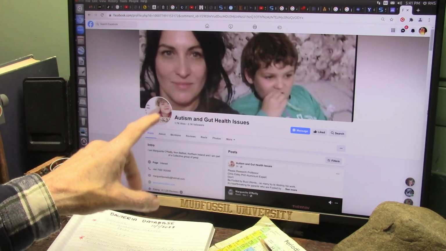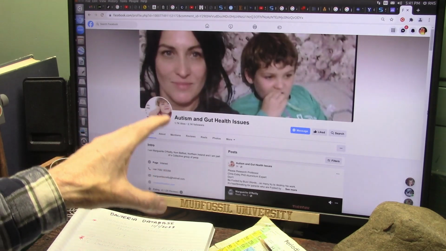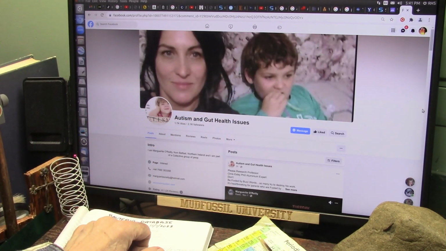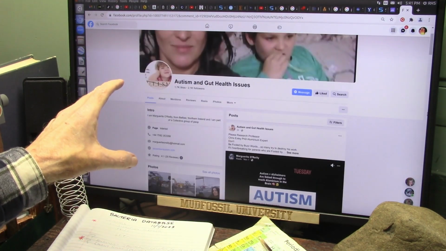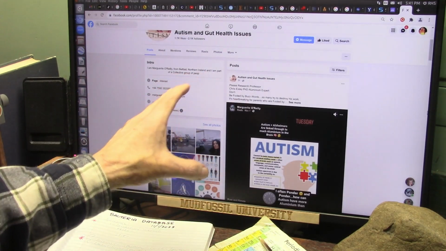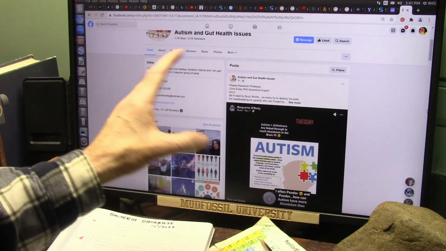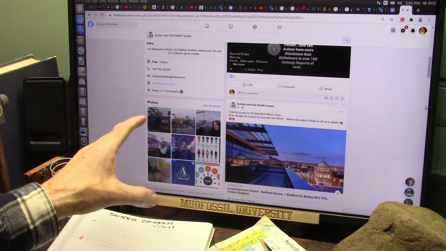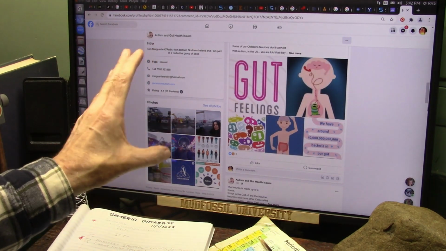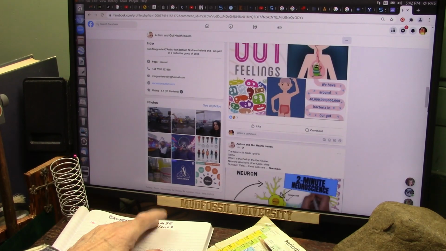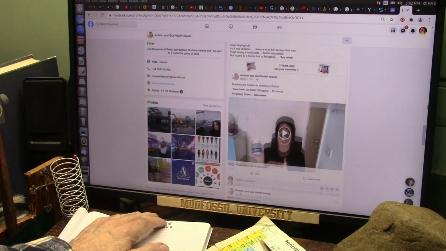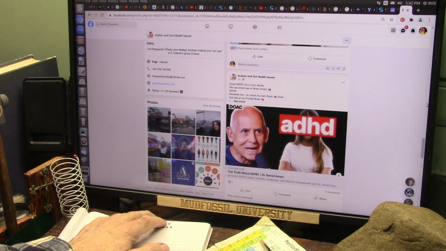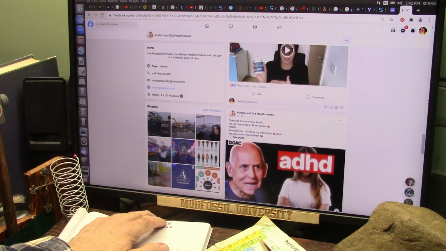Now, she went to Harvard University for the microbiome after resolving her son's issue, and it didn't take long. She's got a plan, and she's hooking up all this stuff, autism, Alzheimer's, all these things are related. And she's doing a fabulous job. I mean, I can't give her enough credit, because it's not easy to do these things. And a lot of people have these issues